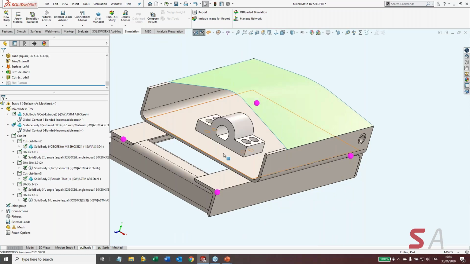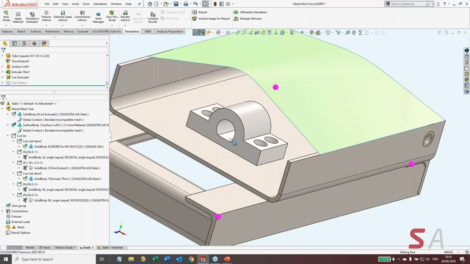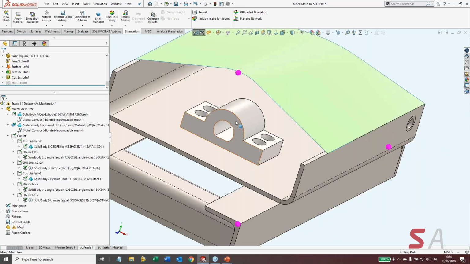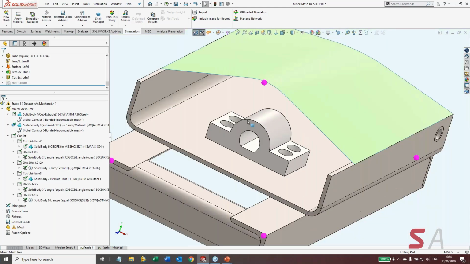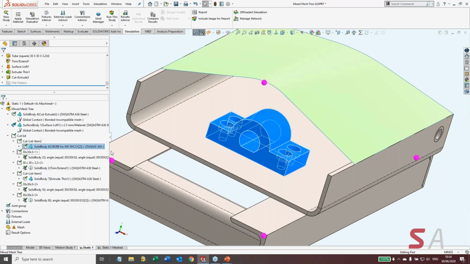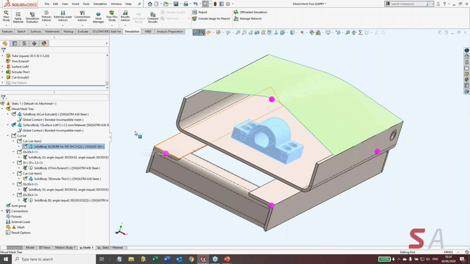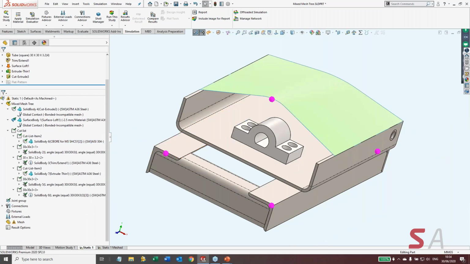And pretend with me, if you will, that this is really complicated. I'm really not interested in the body except insofar as the effect it has on the rest of the study bearing its weight. Right now, it's made out of 304 stainless, a fairly heavy material. So what I want to do is treat it as a remote load. But I'm going to do something first in SOLIDWORKS Simulation, which is I'm going to open up a sketch on